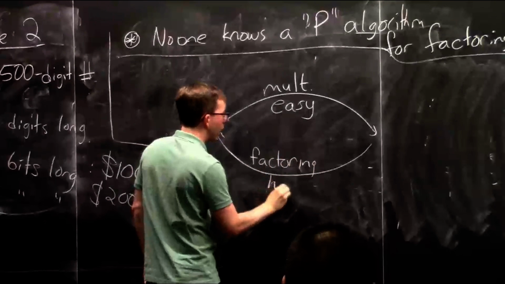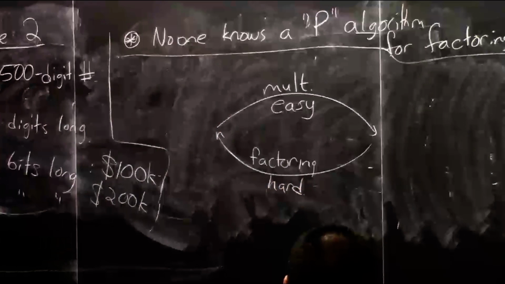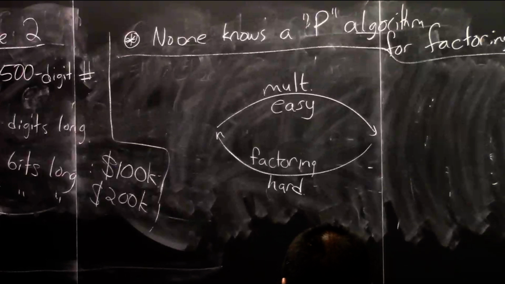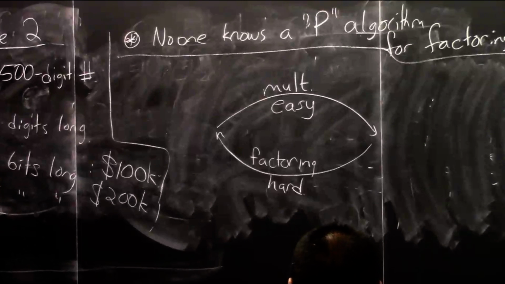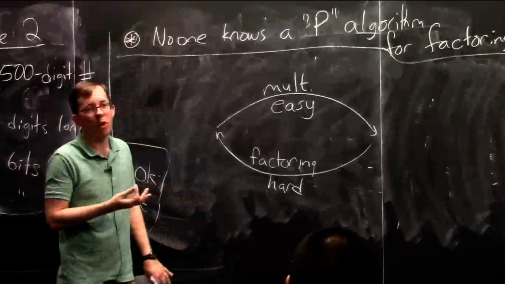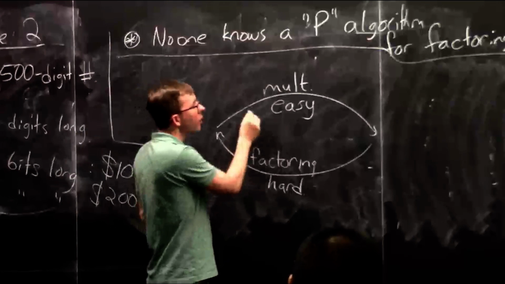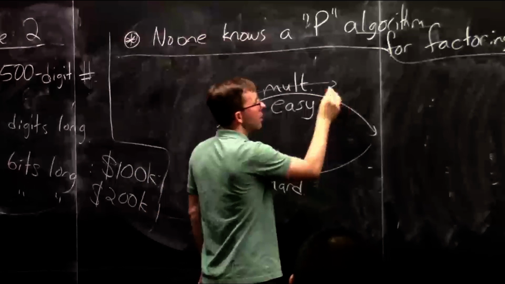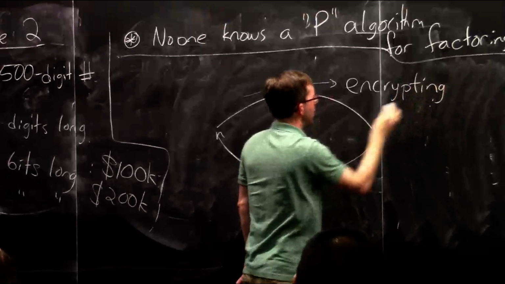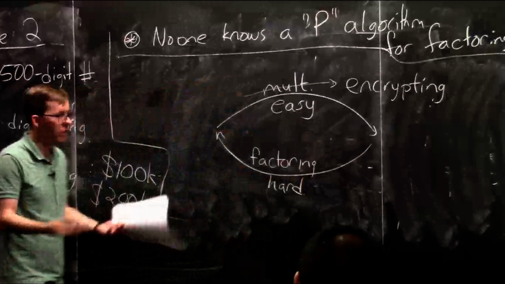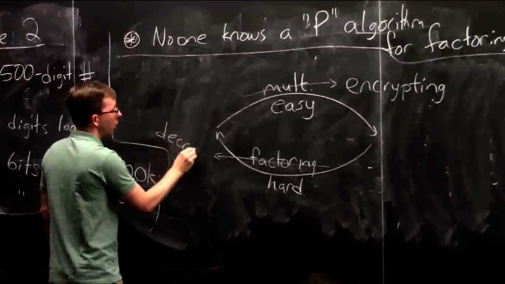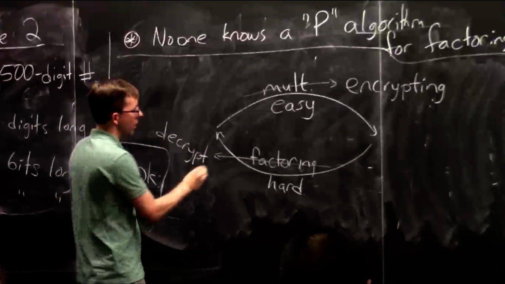seems to be hard. It seems totally impossible, as far as we know, to give an algorithm that factorizes 2048-bit numbers. And this teeny little picture, this is really a cartoon, is exactly what you're looking for in cryptography. At a high level, you want a system of encrypting secret messages, where the task of encrypting is easy because you want to do that over and over. But conversely, you want decrypting to be hard. The whole point is that nobody should be able to decrypt your secret messages.